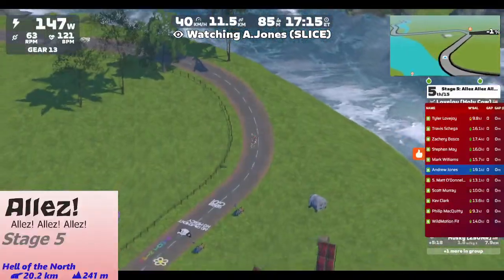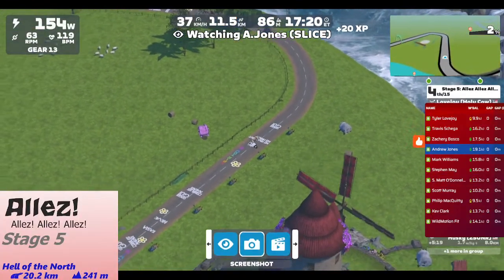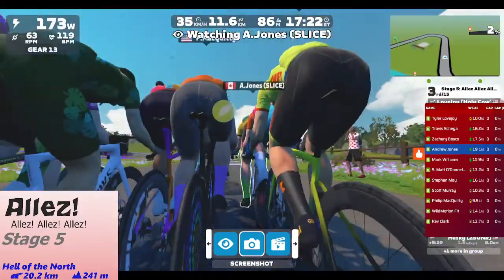These guys are just hiding from the wind as much as they can, which is probably a very, very wise idea on this course. And then save your efforts for the very